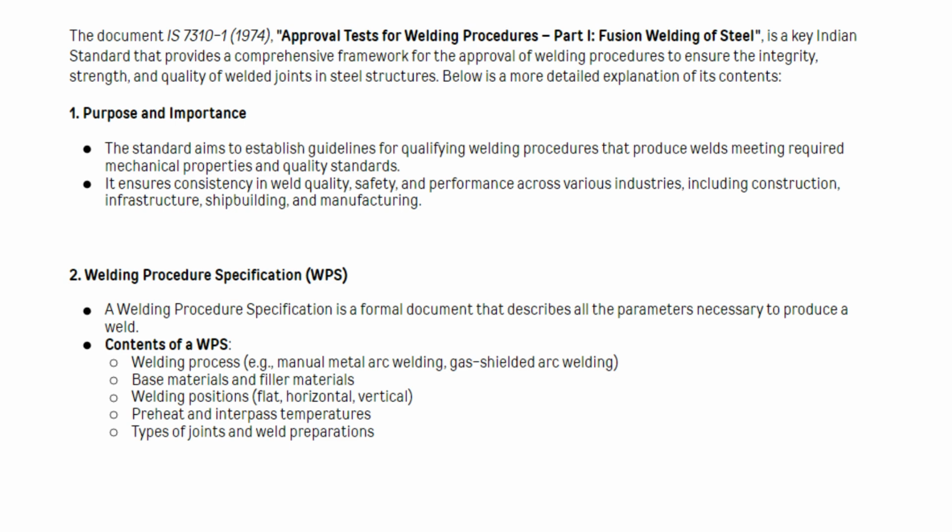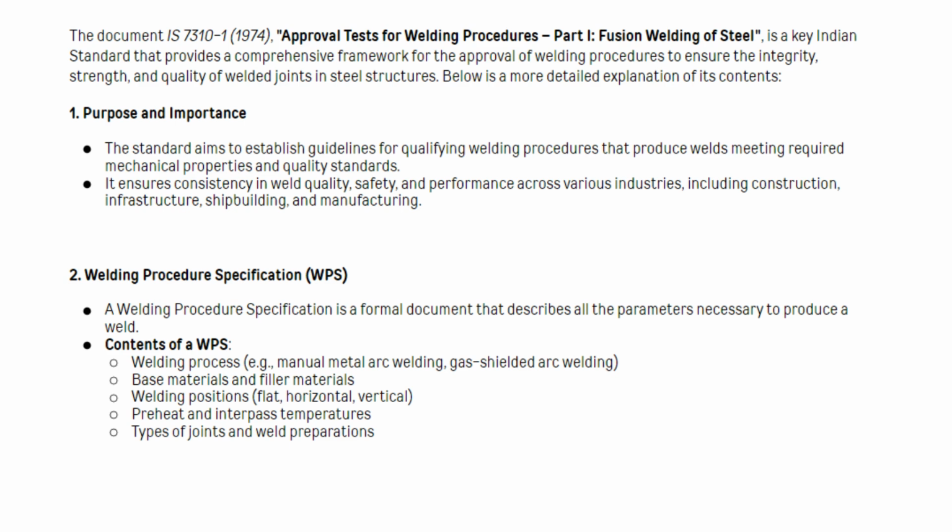a comprehensive framework for the approval of welding procedures to ensure the integrity, strength, and quality of welded joints in steel structures. Below is a more detailed explanation of its contents. 1. Purpose and importance. The standard aims to establish guidelines for qualifying welding procedures that produce welds meeting required mechanical properties